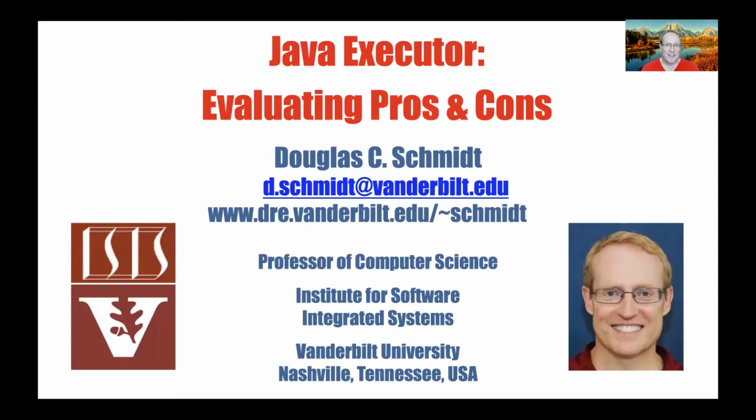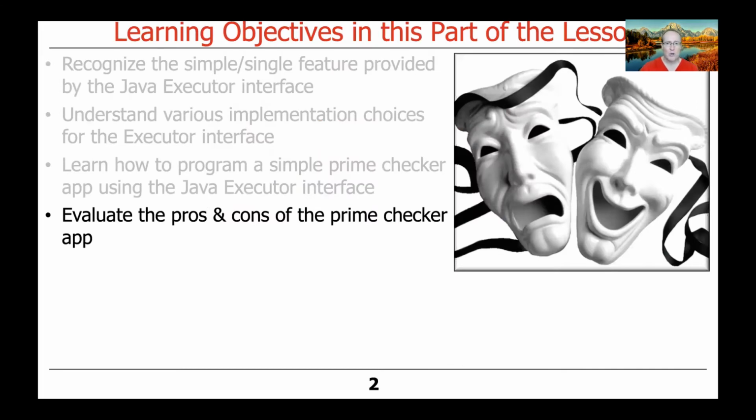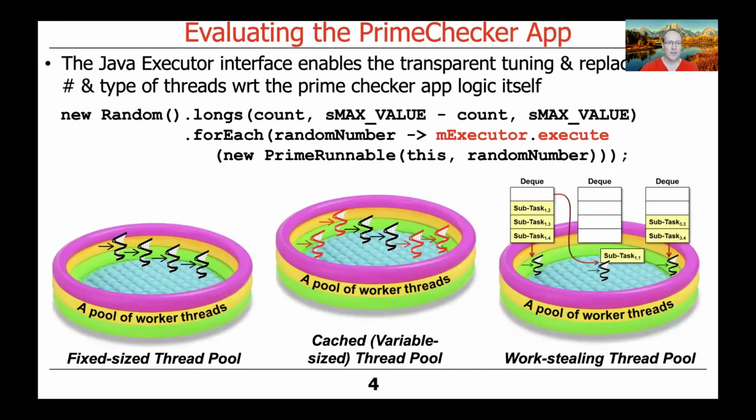So now that we've talked about the Java Executor interface and showed an example of how it could be applied and talked about some different ways to implement it, let's take a step back and discuss the pros and cons of this particular way of doing things. And we'll use our example application that computes whether random numbers are prime or not, just to make the discussion